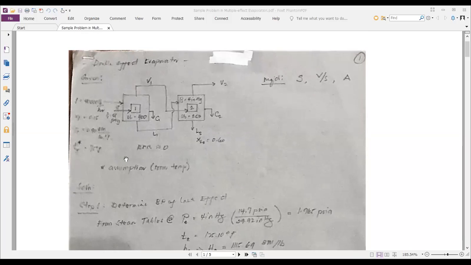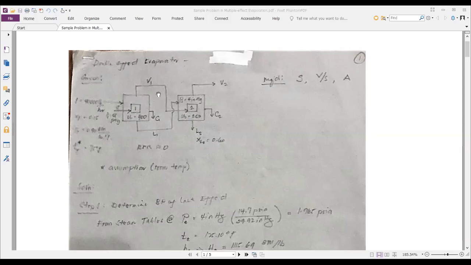Okay? Now, the problem that I just read is illustrated here. So you have the feed to be 40,000 pounds per hour. Its solid content is 15%, so XF is 0.15. And its CP is 0.9 BTU per pound mass degrees Fahrenheit. Now, your overall heat transfer coefficients were written under the vapor space. So U1 is 400, U2 is 250. And I place in here the operating pressure of the last effect, which is 4-inch mercury.